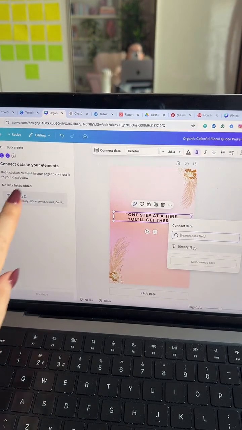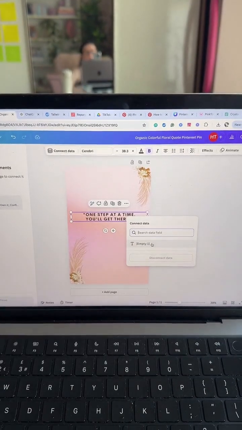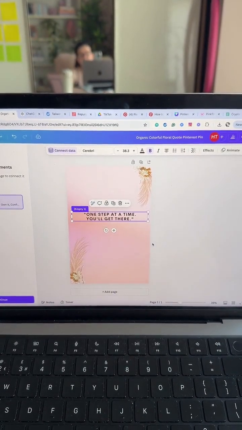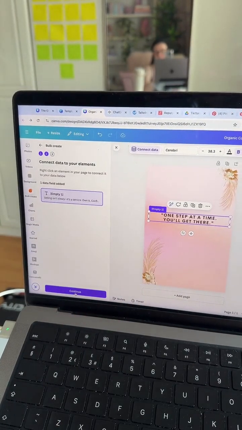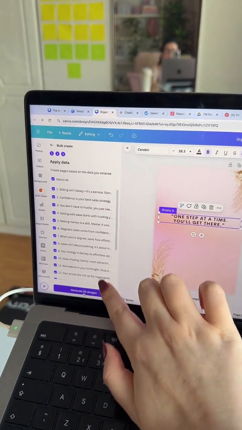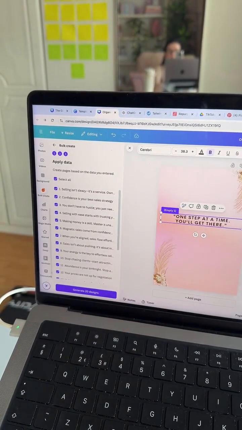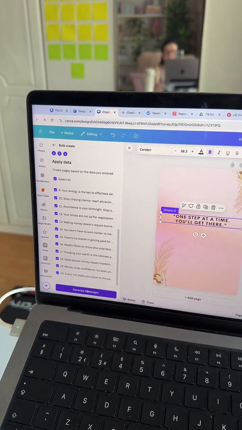And I'm going to select empty one, which is what this is here. It's just called empty one because I mustn't have named it, but it'll always just say empty one. I'm going to select that. And then down here, it's going to ask if I want to continue, and I'm going to click continue. Right. It's saying, do I want to generate 20 designs for all of these? They're already automatically selected. So I'm just going to click generate 20 designs.